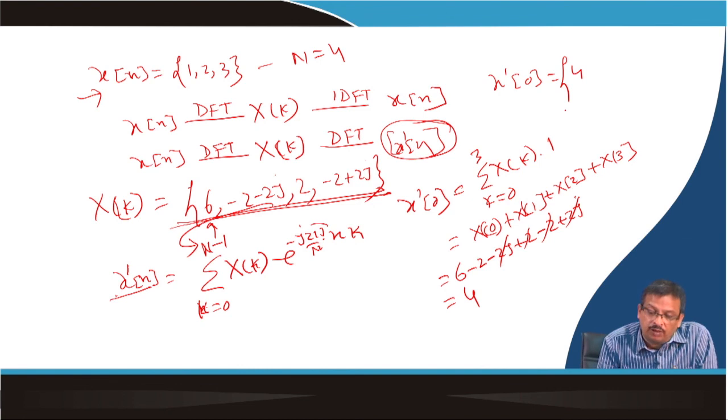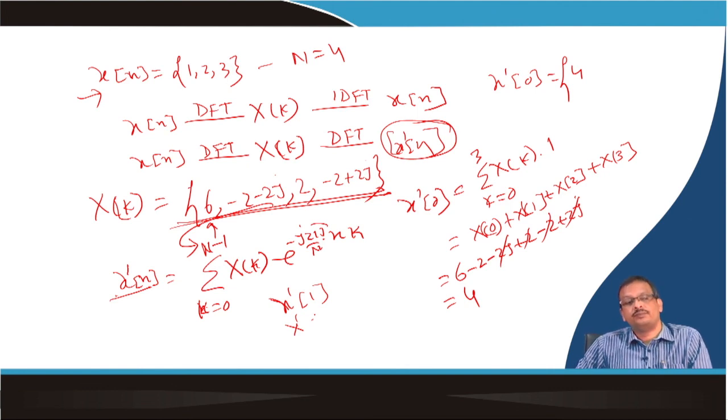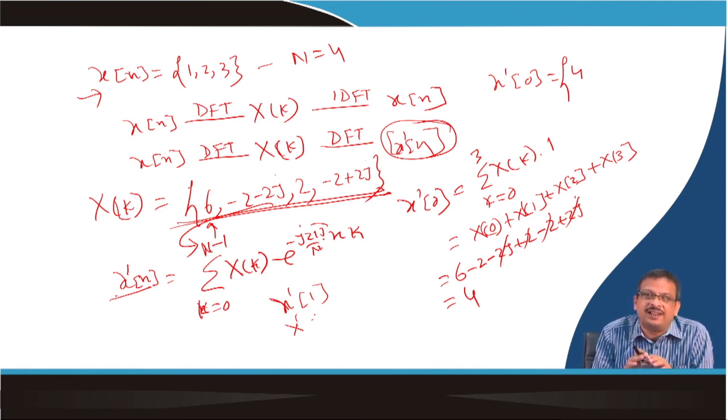Then you calculate x prime[1], x prime[2] and see what happens. Now you can calculate the DFT on your own. So next lecture, let's talk about the linear transform view of the discrete Fourier transform, because I have already covered this example part in this lecture. So next lecture I go for the linear transform view. Okay, thank you.